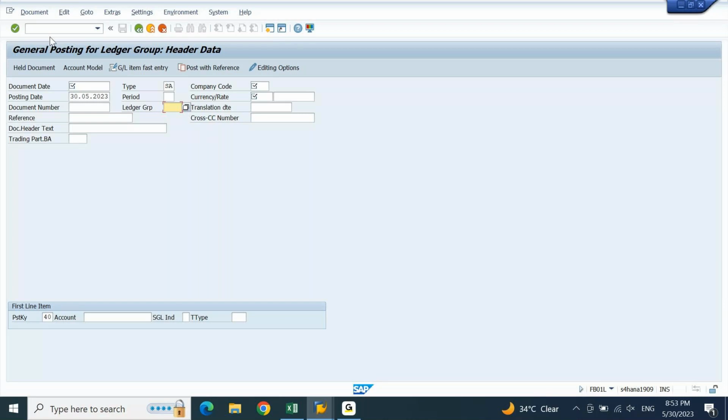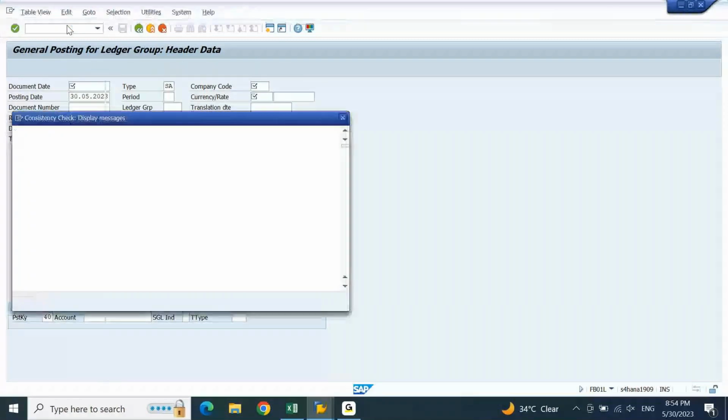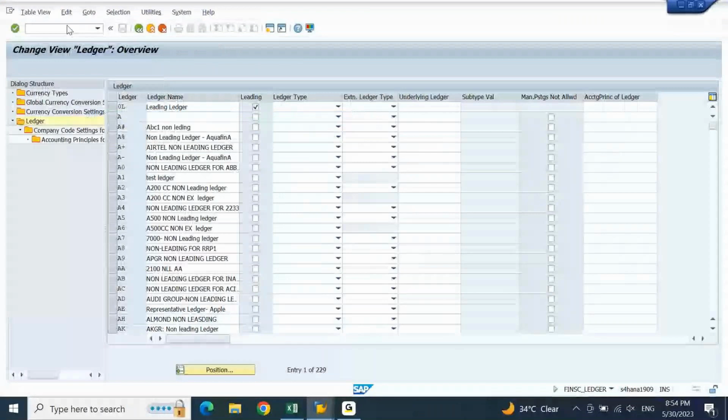Yes, sir. Now let me create one test ledger group, a test non-leading ledger, FINSC underscore ledger. All these points that we are talking about are very important from your asset accounting point of view, especially in your S4HANA system. Every point that we are discussing now will have a connection to your asset accounting.